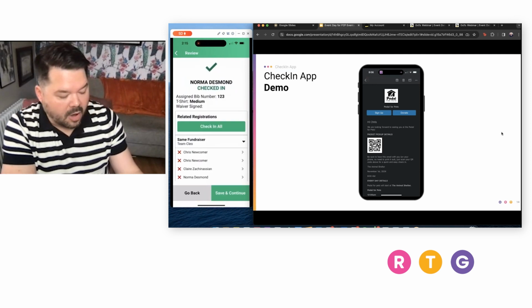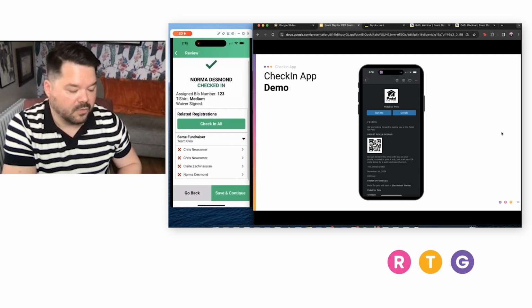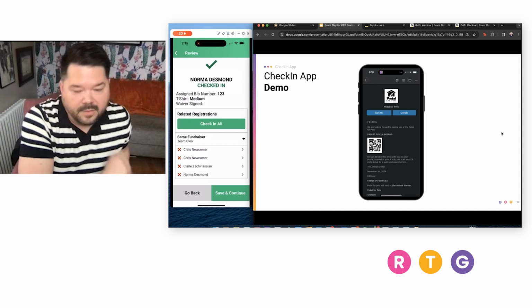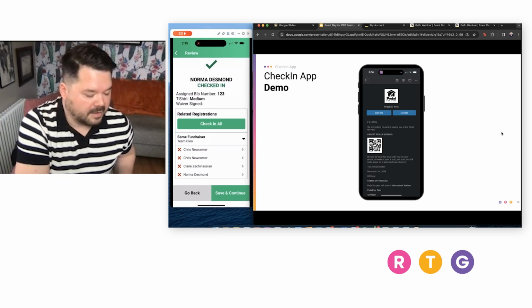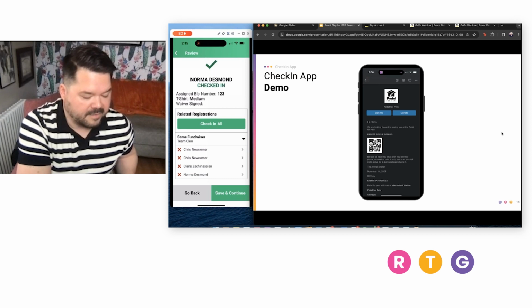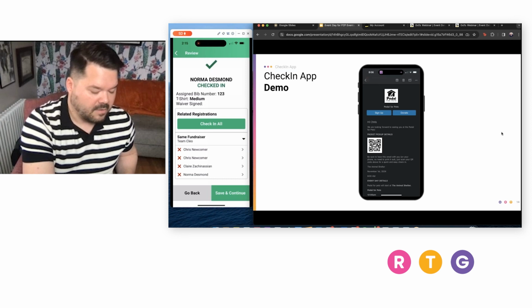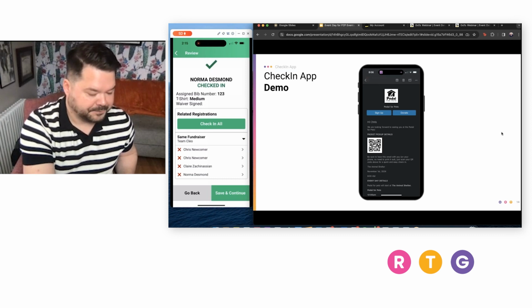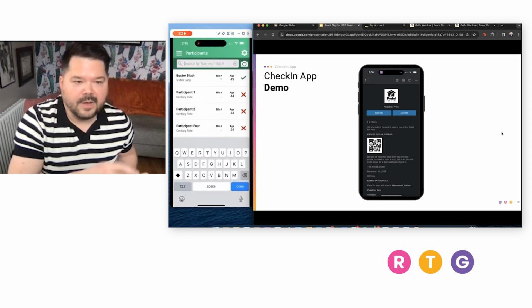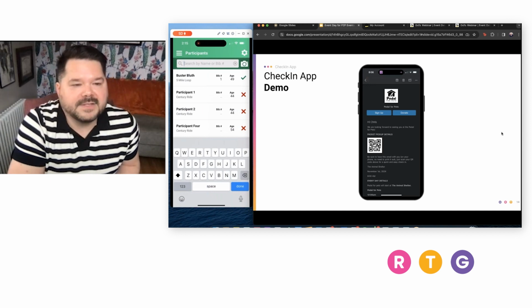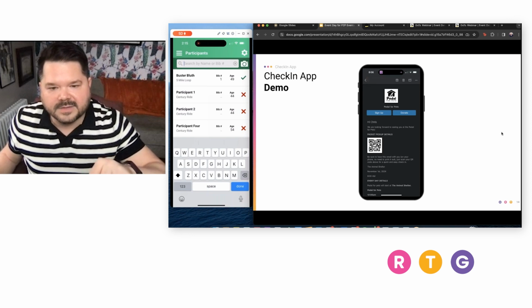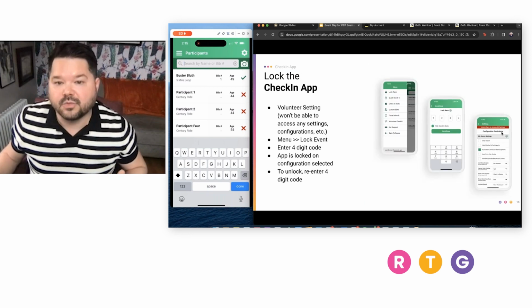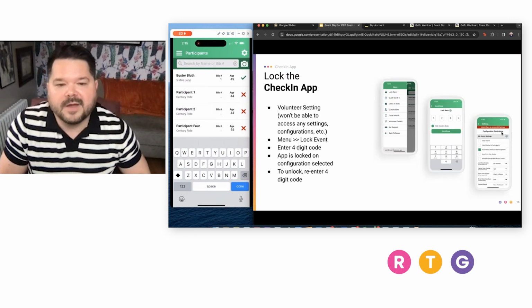And then I can also see all the same people who are on Norma's team. So I can sign all those people in at once, or I can just sign Norma in. It's up to me if I want to do that, or up to them if they want everyone signed in all at the same time. Let's just check in Norma for now, and we'll hit save and continue. And there we go. So we've got Norma signed in, we got Buster signed in. And I think maybe I just did something to that QR code, so it's because it's on the screen, but normally that should work to let folks pull up their